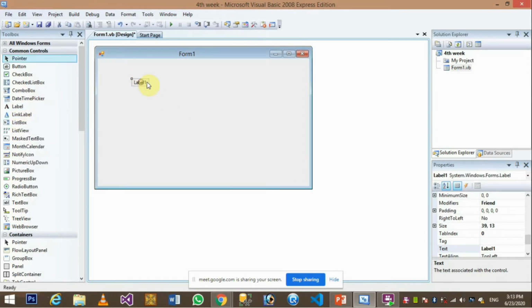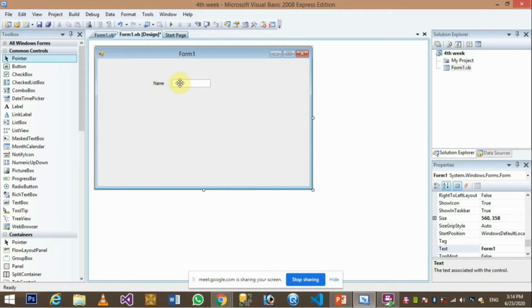Label, as I displayed you in the last class also, we have some properties of each tool, right? Once you have inserted the tool, you need to select that tool, and at the right hand side you will see the property at the right bottom. For the label, I have inserted a label here, and I want to label a text box right now. So text box should be inserted here, like I told you in the last class, that this should be looking like this.